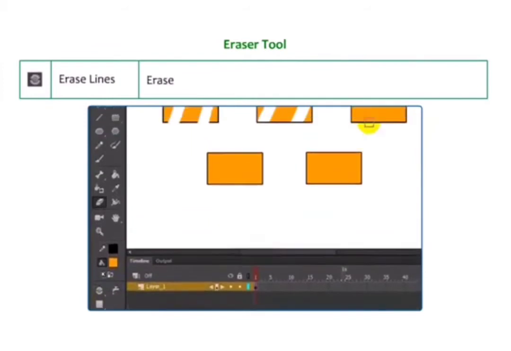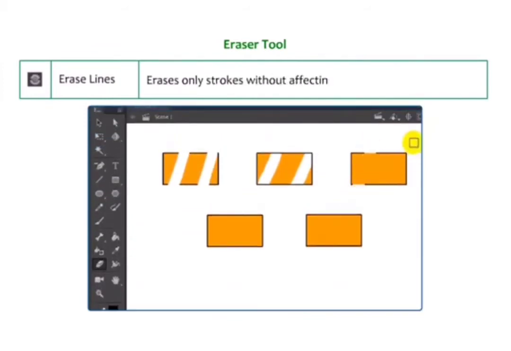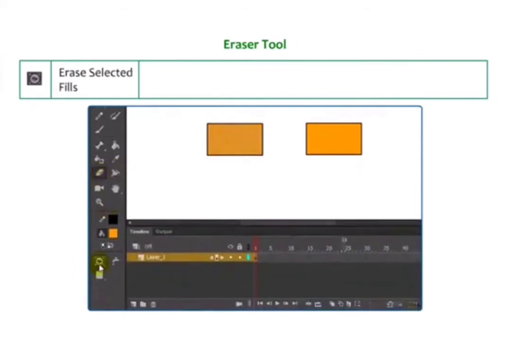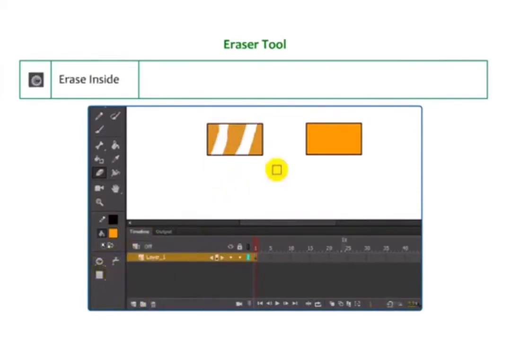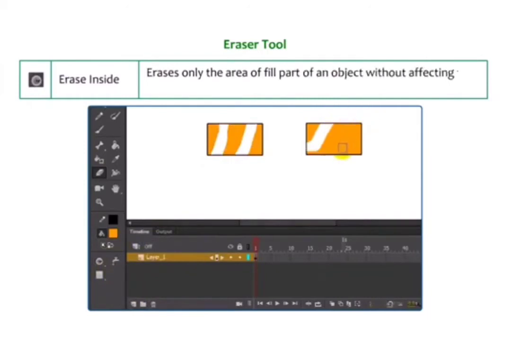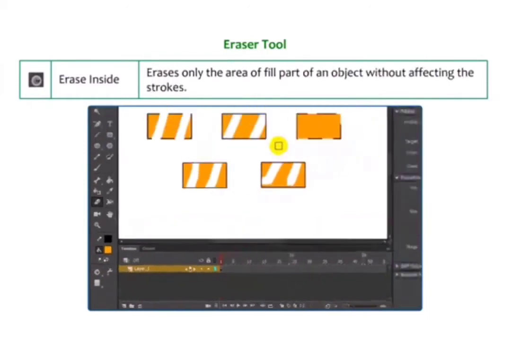Erase lines. Erases only strokes without affecting the fills. Erase selected fills helps in erasing fills of the selected part of an object without affecting the strokes. Erase inside. Erases only the area of fill part of an object without affecting the strokes.